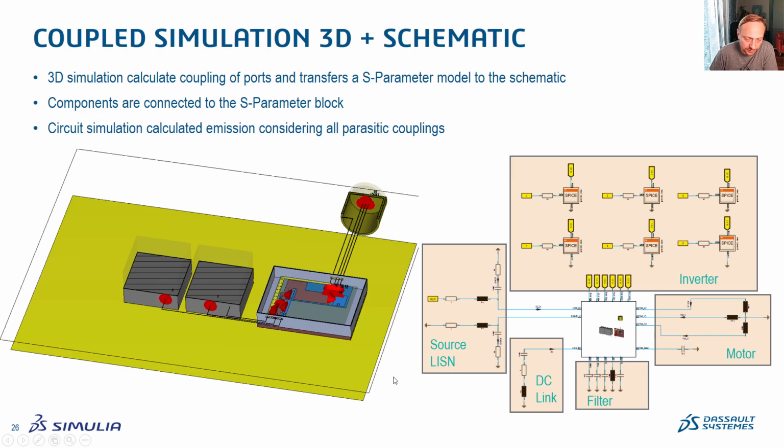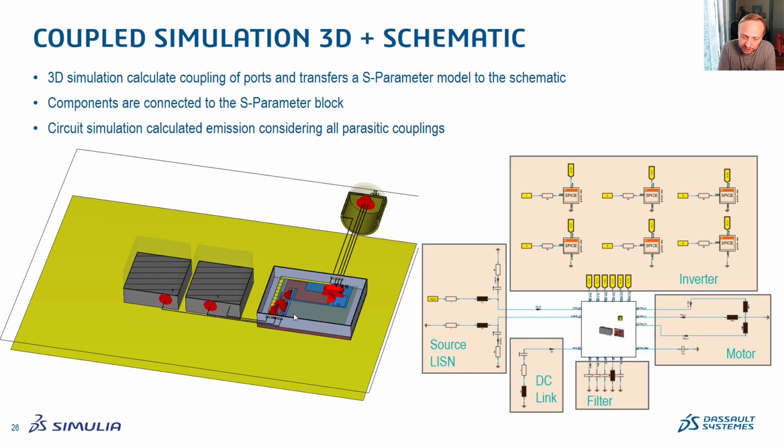I think I've been propagating this approach already for a number of years. So the 3D solver is calculating the full structure, and everywhere where I would like to connect a component, I use so-called ports. These are all of these red cones that you see spread over, because that's where I will connect my circuit, right? I still need the circuit of the inverter, the transistor models, and so on. I put them on the schematic, but the 3D structure, so basically the coupling between all these connection points, the coupling between the components, the parasitics due to the interconnects, they are no longer represented by an RLC model,